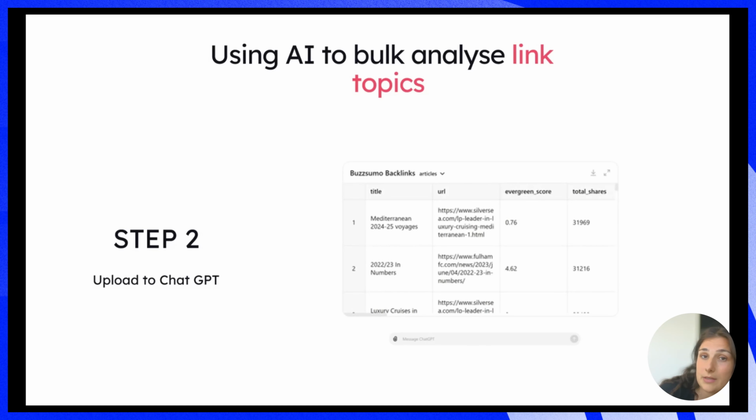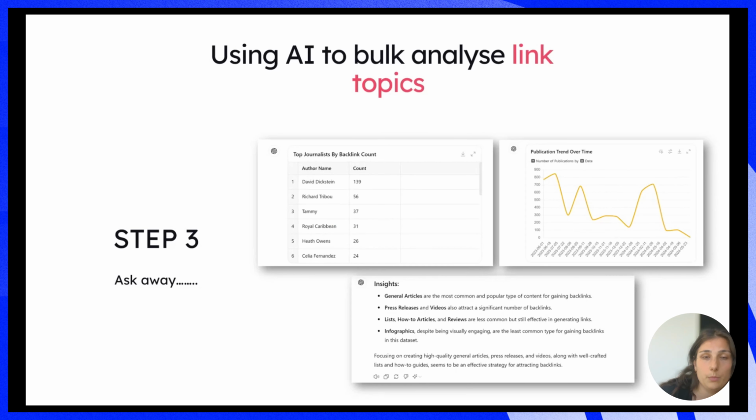Ask it to analyze the link topics, and then you can find how many people from this publication have linked back to those publications for the specific topic, when over time they were covering this specific topic, so you can time your pitch perfectly.